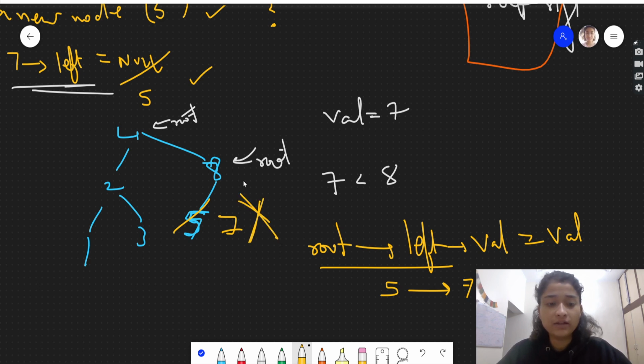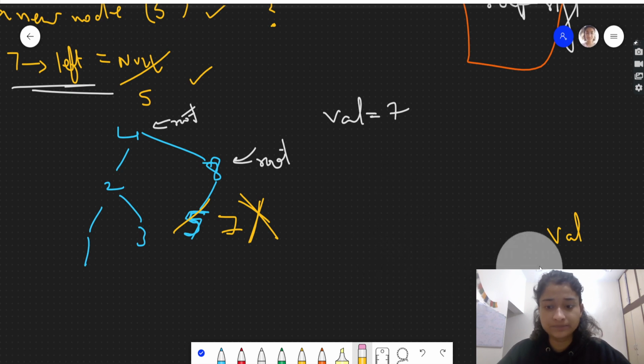So that's why we need to do the returning part. So let's see how the returning will be done. Also, you might think that we will not do it like this. We will just update root's left. We will not update its value. We will update root's left. That will also not be correct. Let's see how the returning will help.